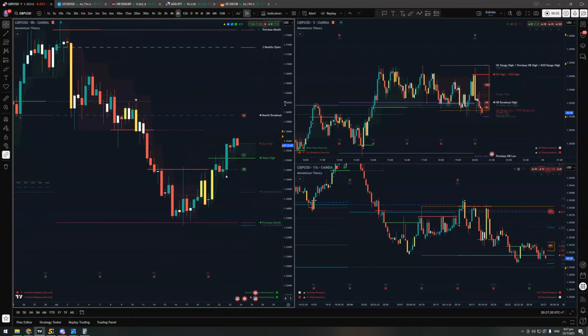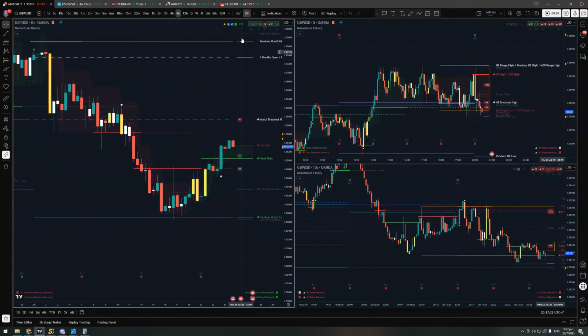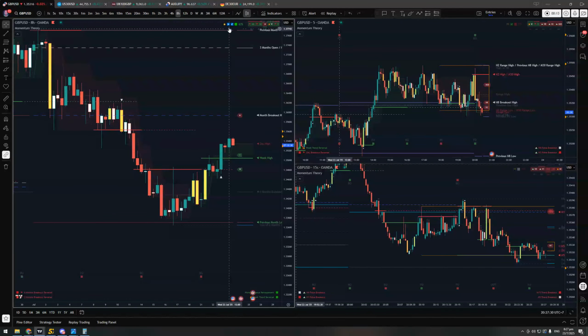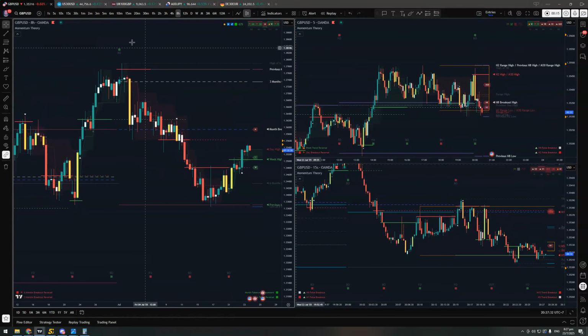Okay, New York session live. Currently looking at GBPUSD. GU, we have directional bias here, bullish directional bias. Momentum time frame has been triggered, that previous week high, currently in bullish breakout. Markets in expansion. We have a breakout bar on the setup and the momentum time frame, and we have a